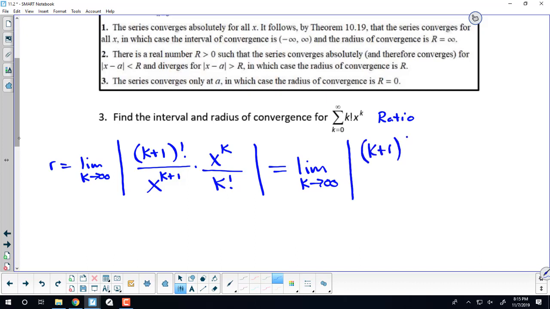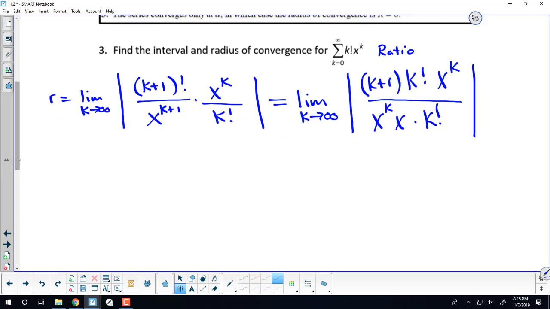We're going to write that as k plus 1 times k factorial times x to the k, all over x to the k times x to the first times k factorial. So the ratio is the limit as k approaches infinity of the absolute value of k plus 1